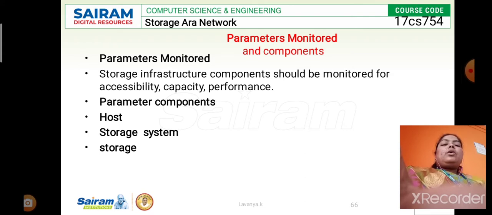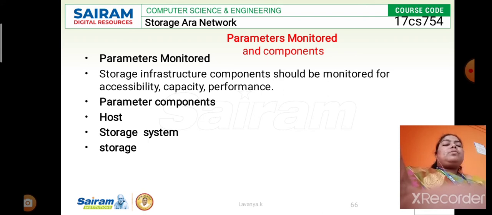The client, how are they going to communicate from one system to another system? By using any one of the hardware components, it may be a port, or an IC card, or fiber channel cables. Any one of the access media they are going to use for sending and transferring the data from one system to another system. So this was the host.